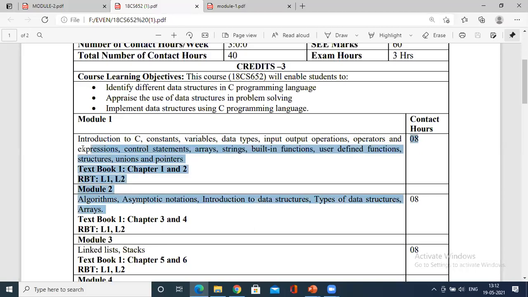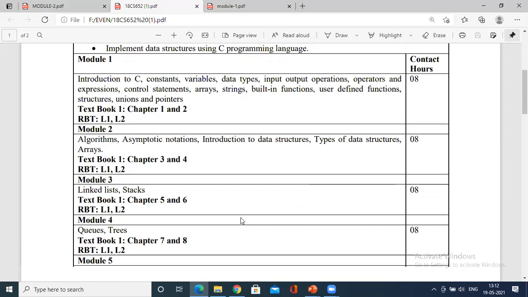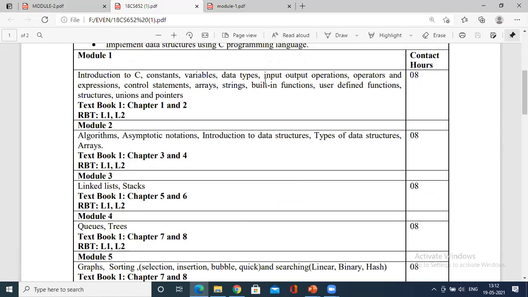My plan is to keep both the modules so that we find it easy. My suggestion regarding module 1 is that we may not expect 100% planning, because it is completely theory, C recap 1 and C recap 2, whereas we can do 100% proper planning on module 2. So I request you to cooperate, and we will keep this module also for internals, right? That is from my side. If anything from your side, you could communicate. Today is a simple class to discuss asymptotic notation.